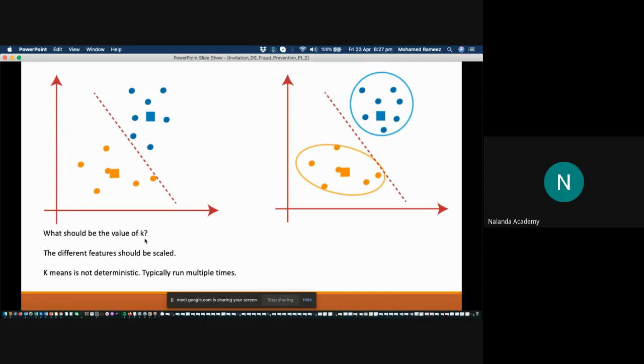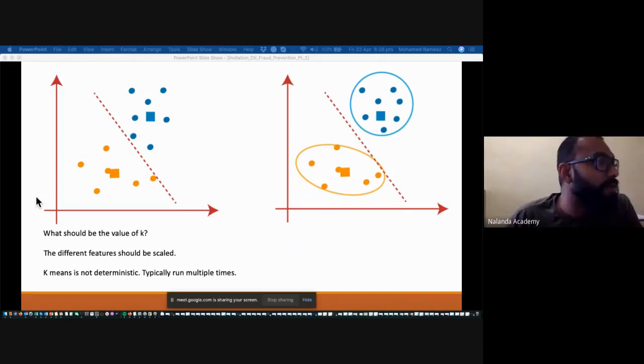At this point, you'll obviously have multiple questions. The first would be, what should be the number of k? The second is, this trivial example I showed you works only because I took a very simple example where the distances along x and y axes are the same. If you were looking at real data sets, for example, the bank transactions, you will notice that the amounts will span values between, say, 0 and 10,000, whereas, for example, the value of money that was in the account before each transaction will be on much larger scales, and so you cannot